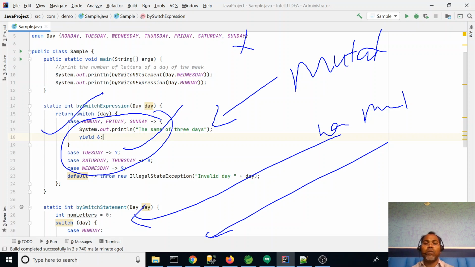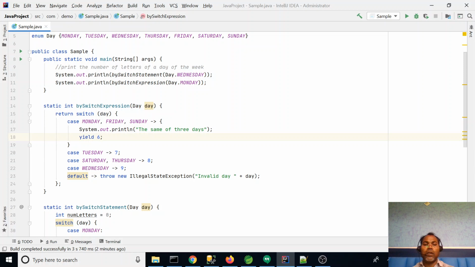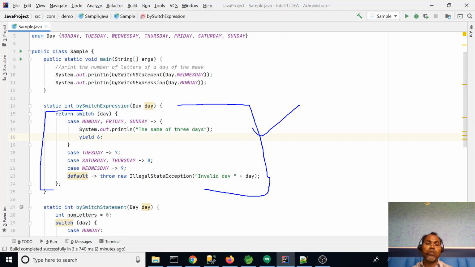And nowadays Java is moving toward immutability. That means if you are writing any method, if you look at this method, it is a pure method. It means it takes an input and returns a value. If this method is invoked in a multi-threaded environment, it always returns the same result for the same input. Why does this happen? Because this method does not mutate any global variable or any other state.